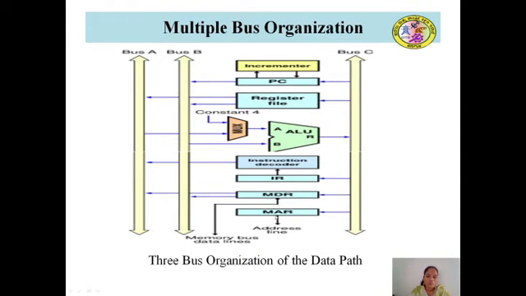Another component we have here is the MAR. We call it the memory address register. The address to this memory address register can be transferred using bus C, and the MAR is also connected to the main memory bus using the address lines. So this is the overall architecture. Now let me study an example and the control sequences needed to execute that instruction.